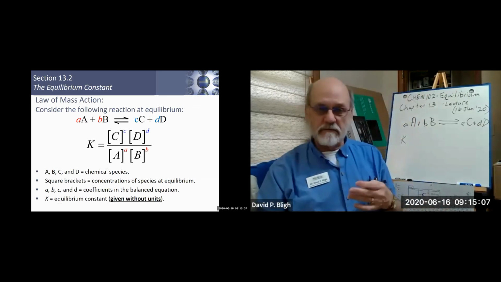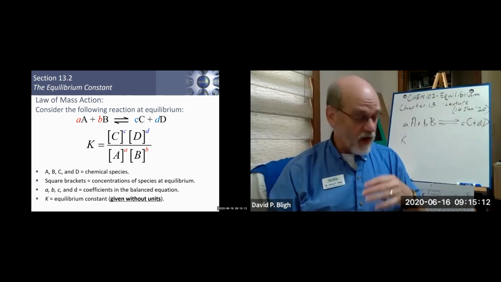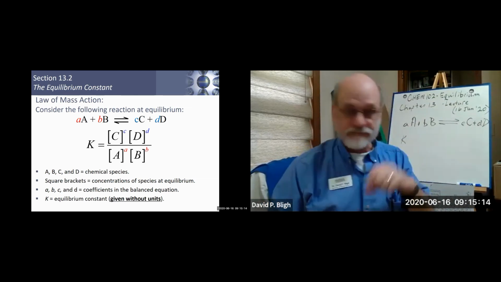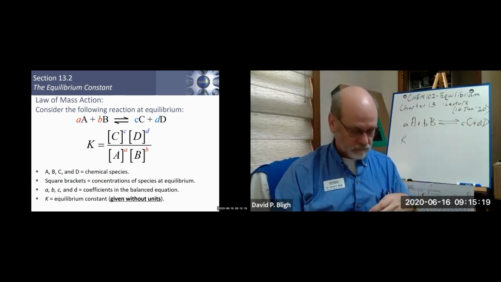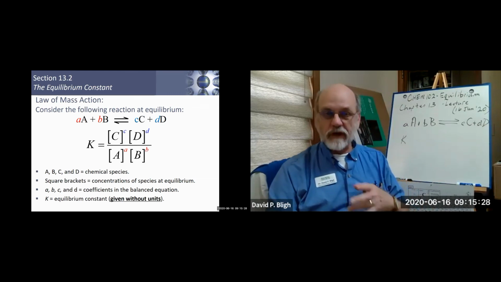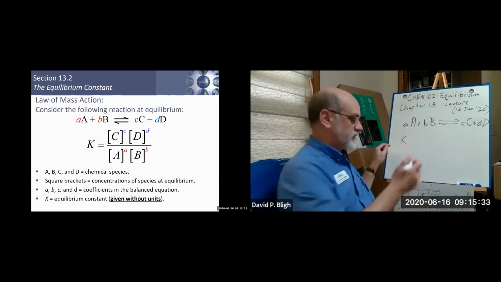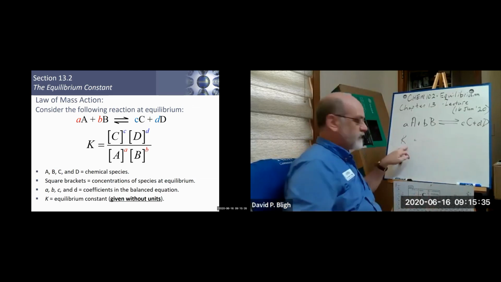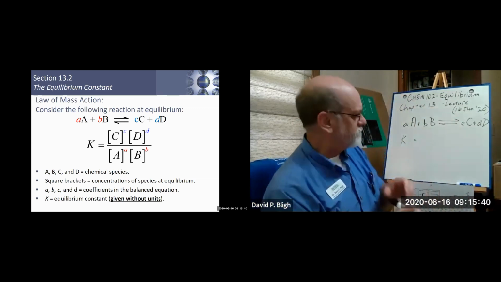And unlike the overall reaction for kinetics, where you cannot use the coefficients to derive a kinetics equation, for equilibrium, the balanced equation is required to generate the expression for the equilibrium constant. And that's what this K means. That's the equilibrium constant for this balanced reaction